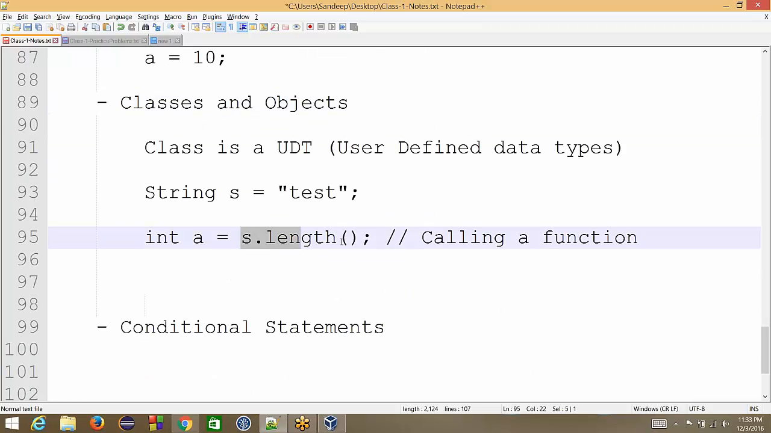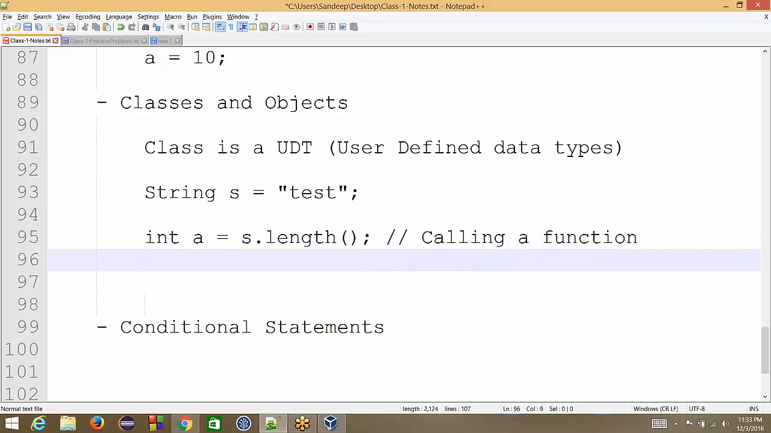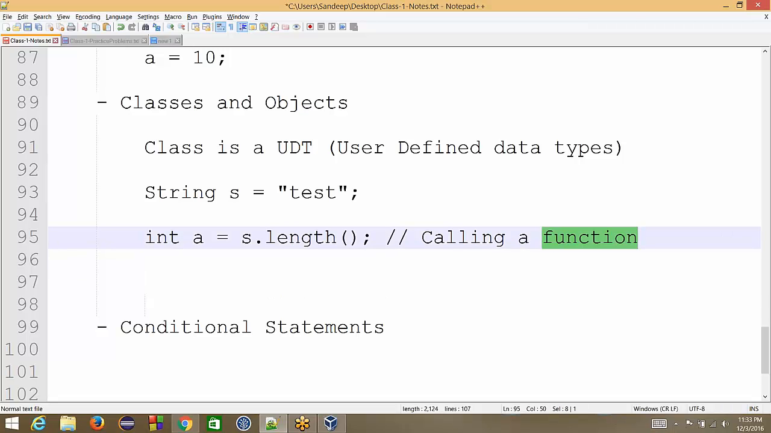Fine. So mostly you will see we will be using classes. In tomorrow's class we'll talk about some more classes, but in today's class we want to wind up the concept of a function, what a function is,